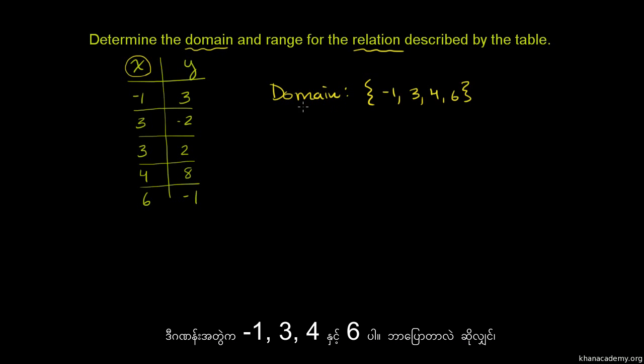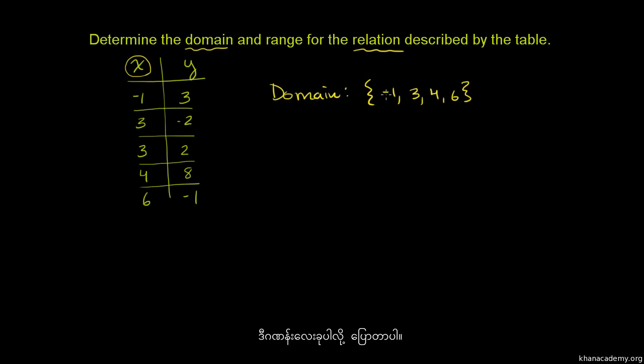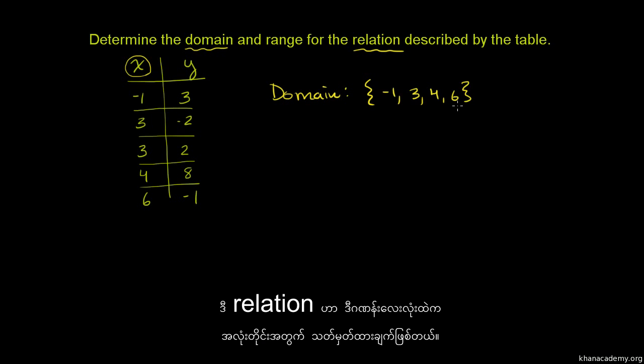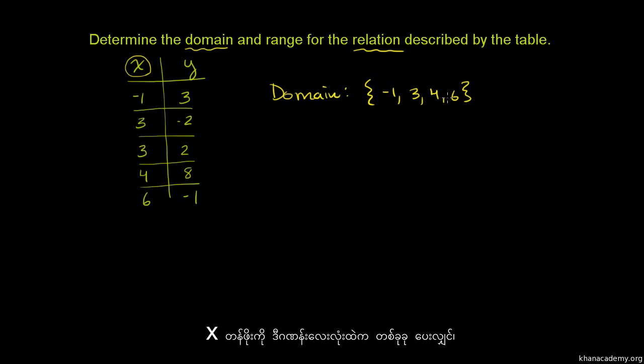So all we're saying here is if we say the domain of this relation is these four numbers, it says that this relation is defined for any of these four numbers. If you give any of these four numbers as an x value, there is at least one y value associated with it. Now, when they talk about the range